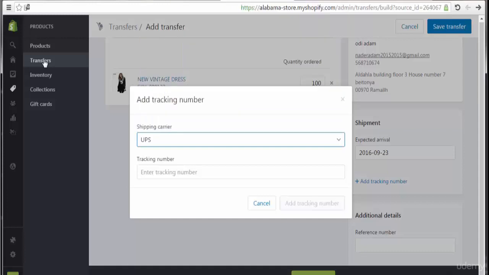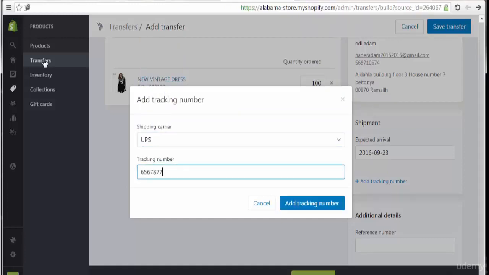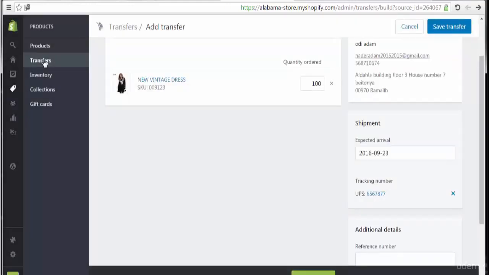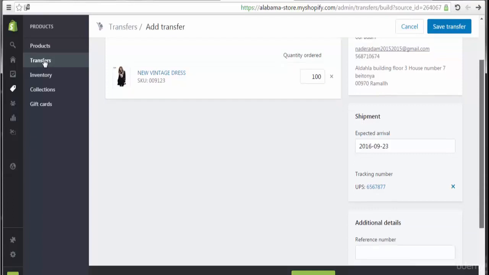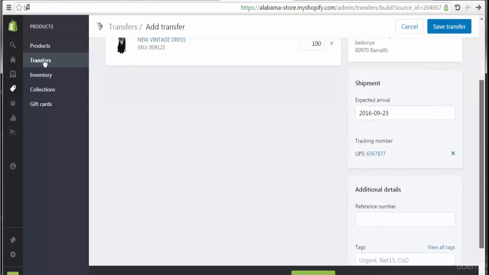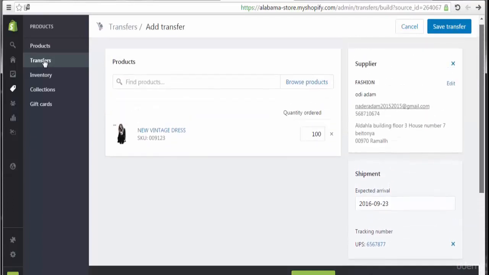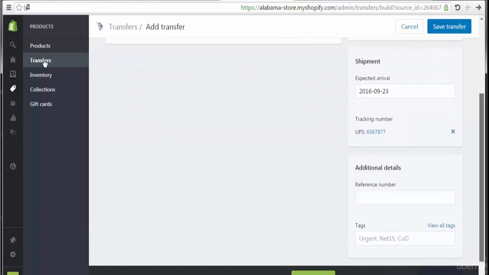It will be through UPS as an example. Enter your tracking number, add tracking number. That's all for these orders which will arrive from our supplier for our e-commerce